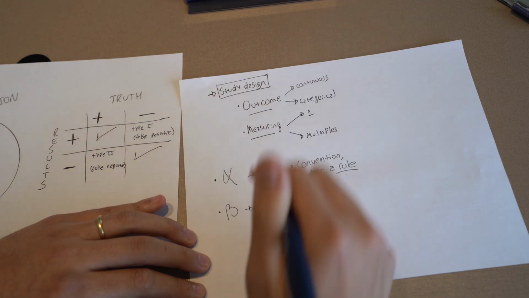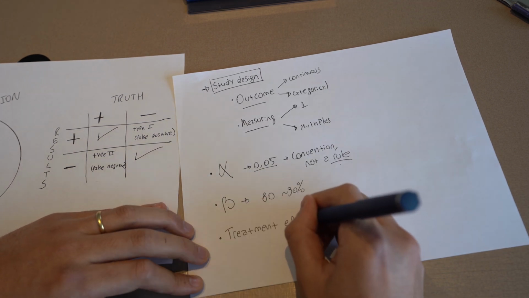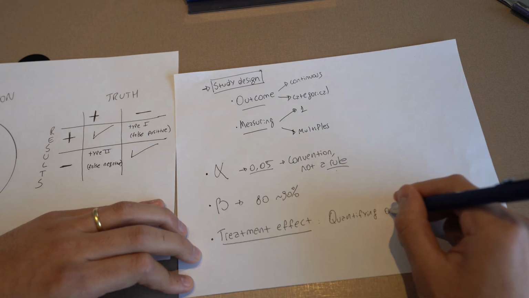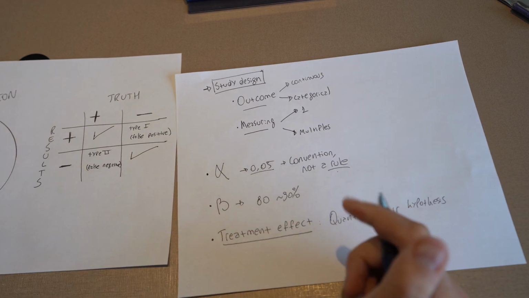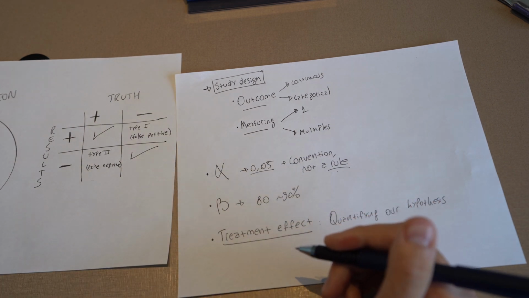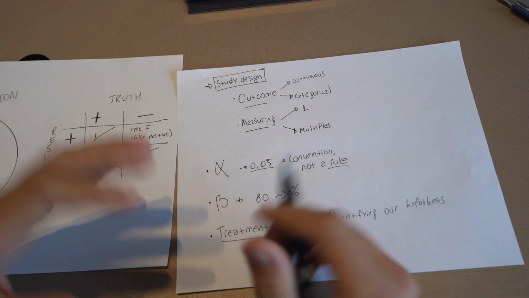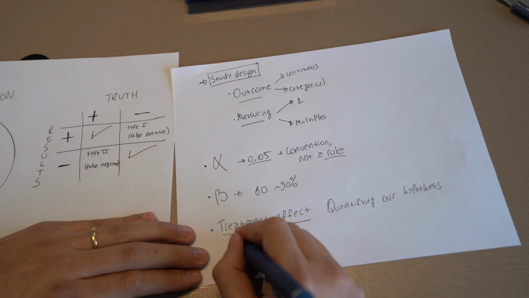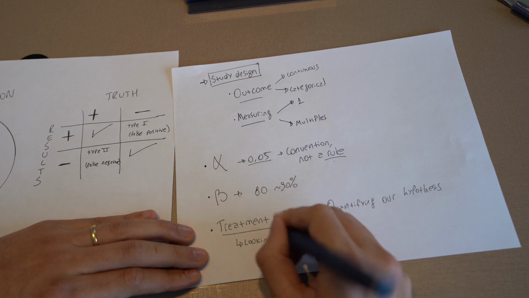And thirdly, we do have the treatment effect. And this is basically us quantifying our hypothesis. We will be looking at this treatment effect and we'll say, well, I imagine that our intervention will affect our population by this much percent. And this can usually be done in three ways: by looking at prior results, if there are any. For instance,